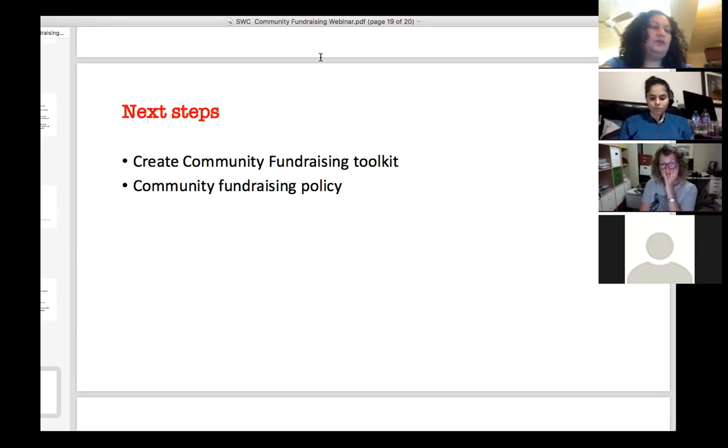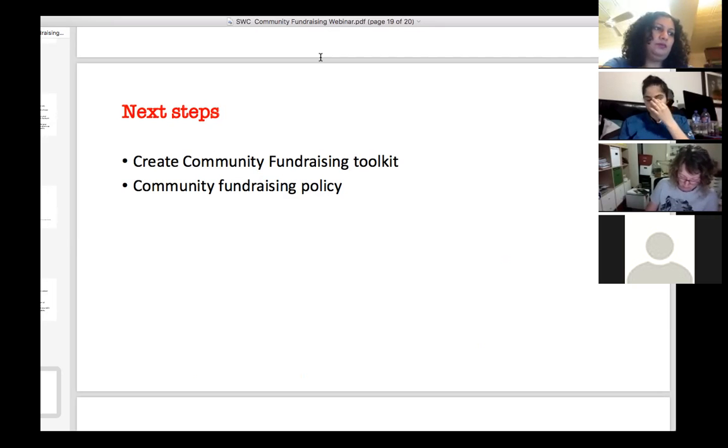I'm wanting to put all of this into the toolkit so that everyone's clear and we're doing everything to support, I guess, our fundraisers and supporters of ActionAid. So, look, we understand that we don't necessarily have that toolkit together yet, but it is something that we're working on and hope to get up and running soon. So cool. I'm on it.